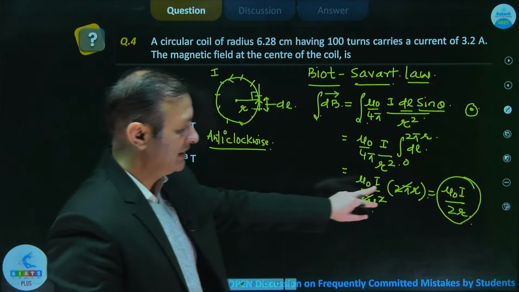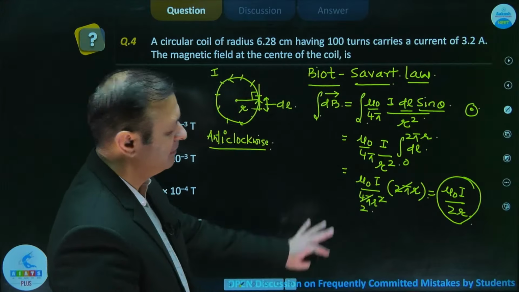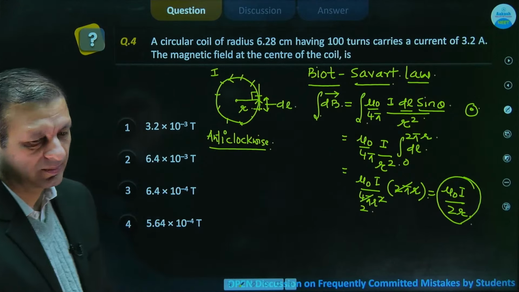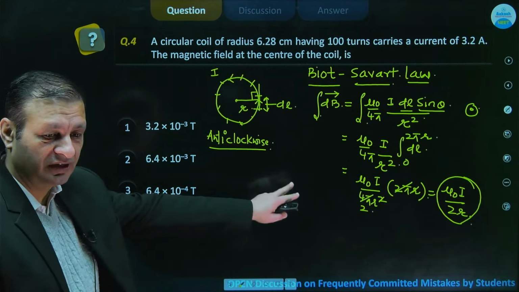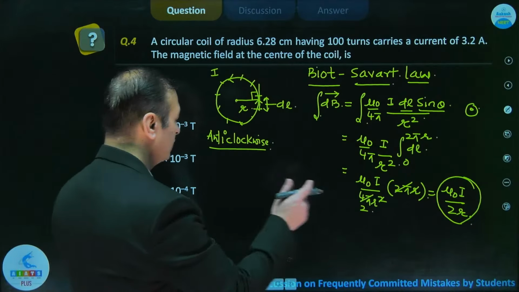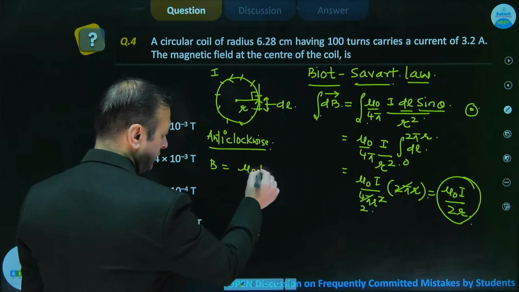So, this is the expression we got using your Biot-Savart law, and this is a very simple expression. Any doubt from this part? I hope this is clear to everyone. Now, this is for one circular turn. So, magnetic field at the center is mu naught I by 2r,